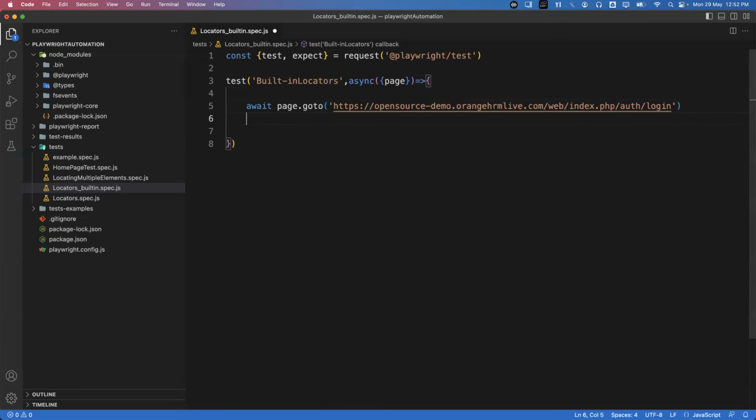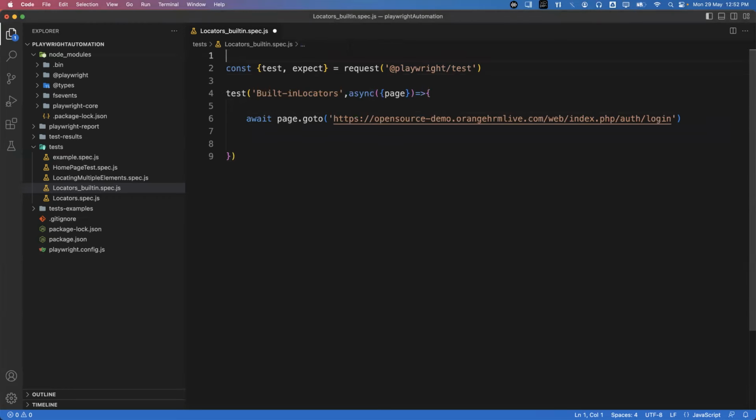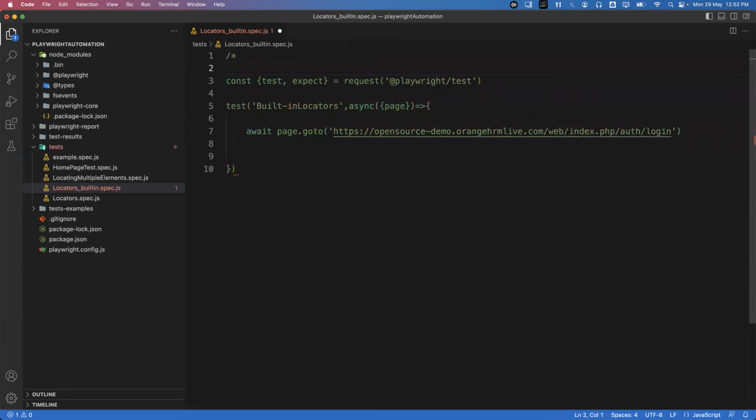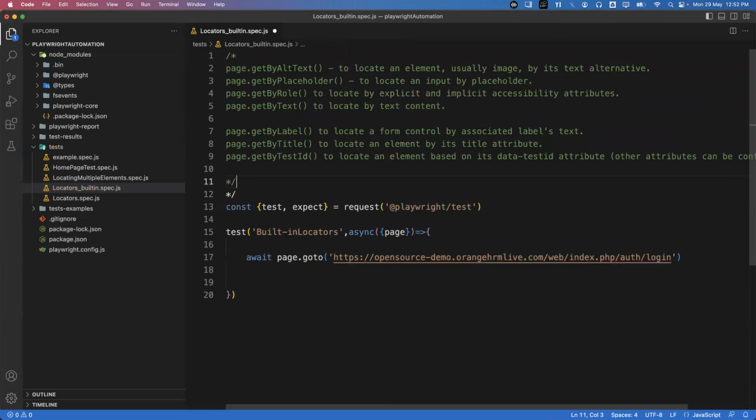The first thing I'm going to do is put all the commands in a list here in the comment section, and then we will discuss them one by one. Okay, so these are the commands which we are going to discuss. So the first command,